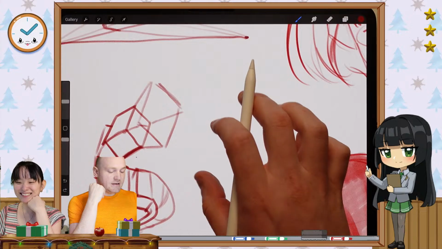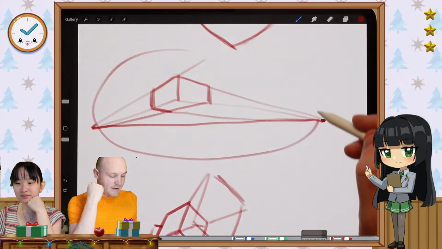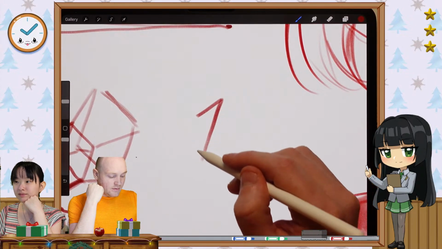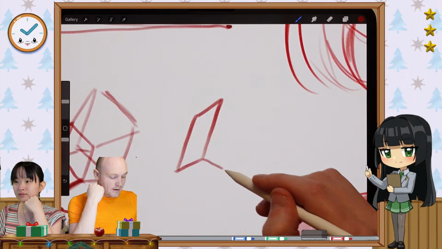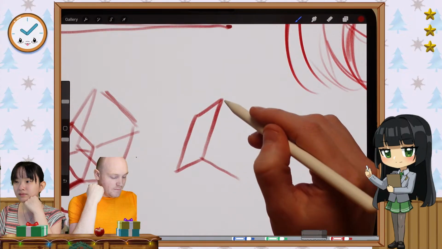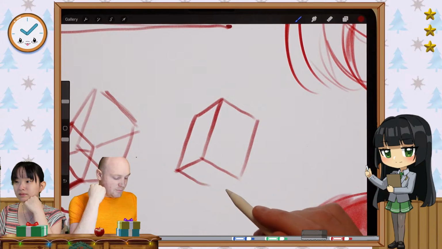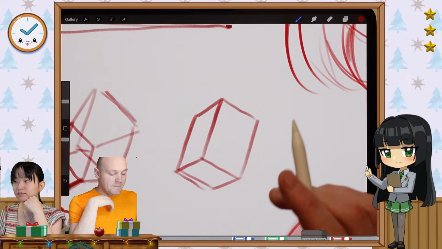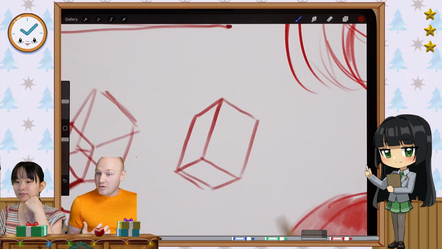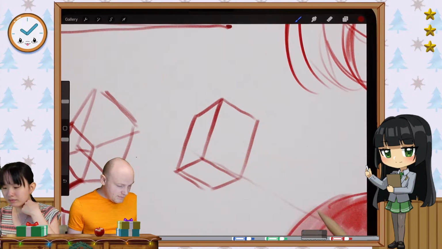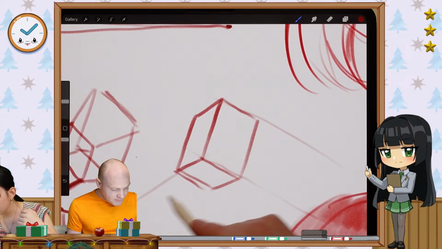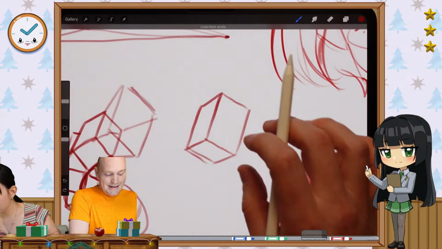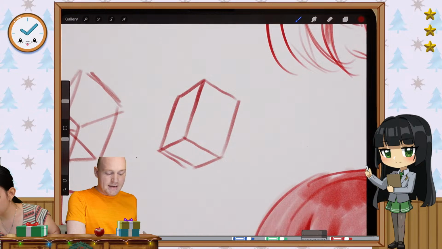So my recommendation is you understand perspective from this level, but you also get really good at drawing boxes at different angles. So drawing a box from any angle that you want. Like this. This is actually how pros work most of the time, especially concept artists, when you have to work fast. And then based on this, you could set up a grid easily. I could bring this back to my vanishing point and find the convergence. But I don't really need them to just sketch and come up with ideas like that.